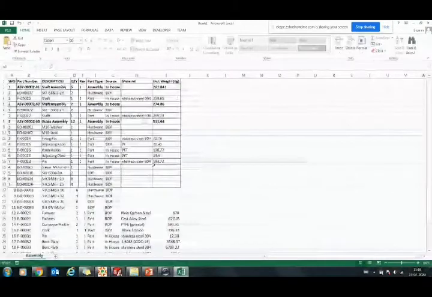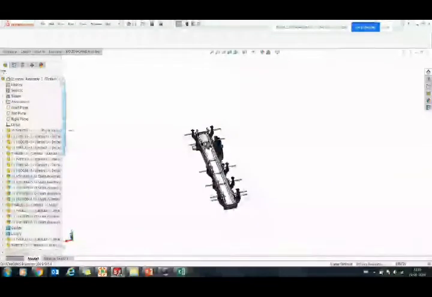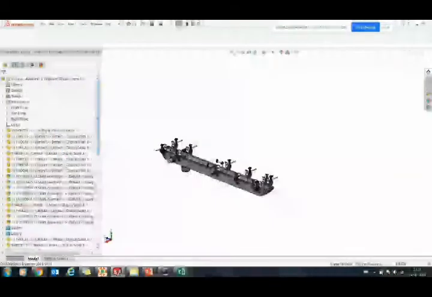If you see, this is the BOM. These are the fields which can be customized as required by your organization, and I'll explain how this has been created. If we go inside this, you can see this is the small conveyor for which we have created this bill of material.